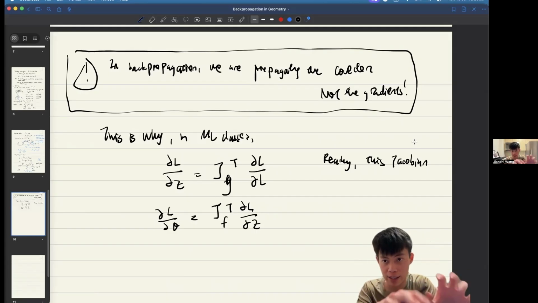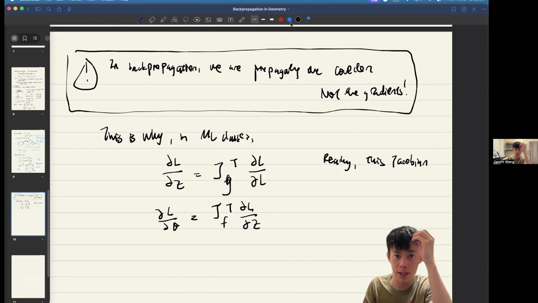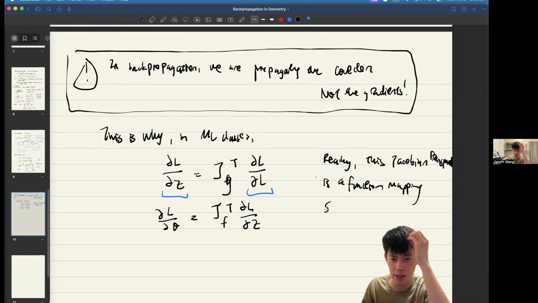But we should think about it as a function that transforms the sensitivity at the output to the sensitivity at the input. So Jacobian transpose is a function mapping sensitivity with respect to outputs to